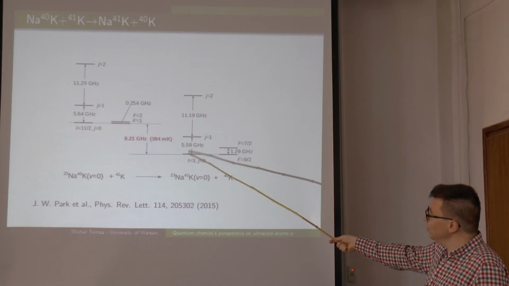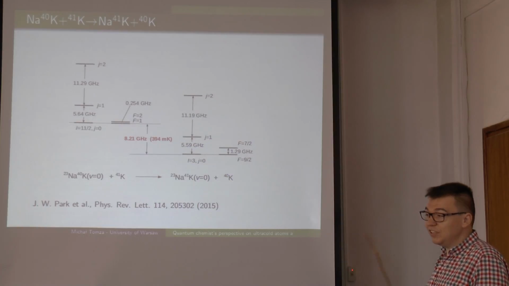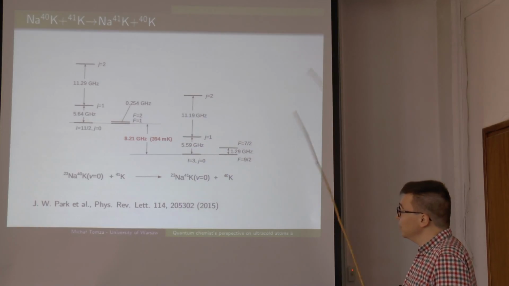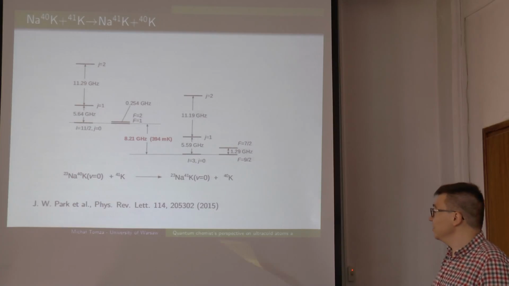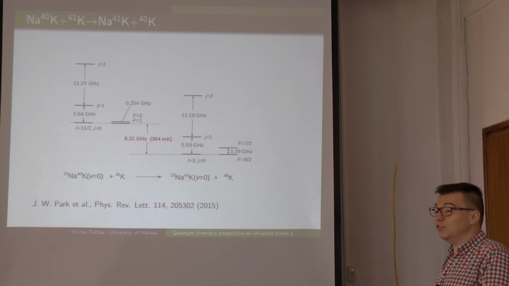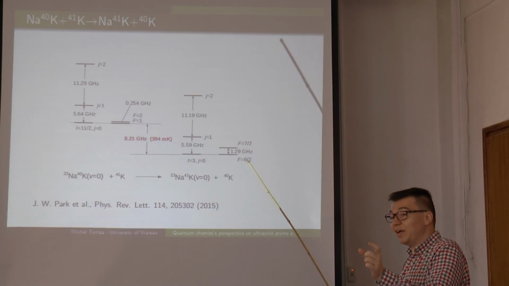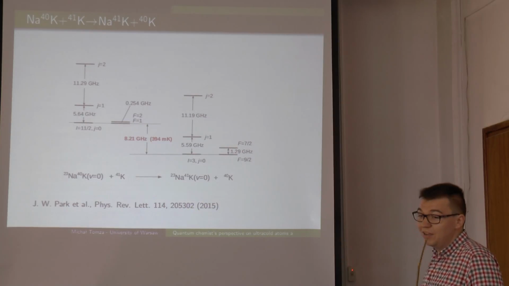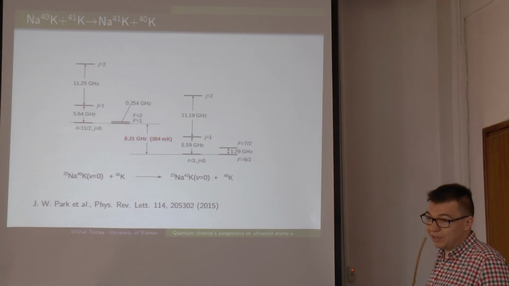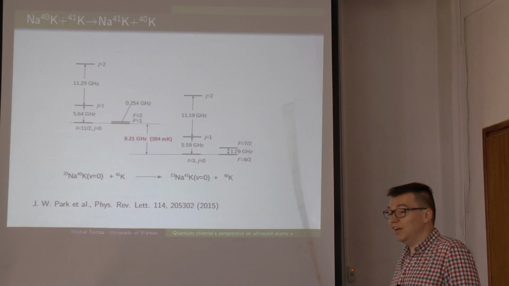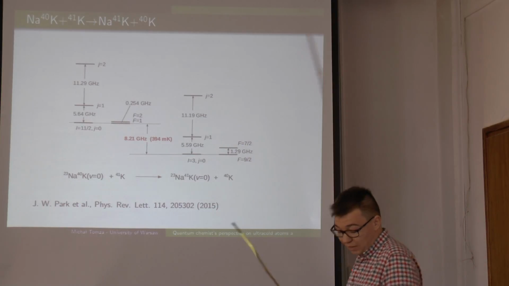So for example, this kind of isotope exchange reaction is already in progress at MIT in the Martin Zwierlein group. They are interested in realizing this kind of experiment. The other group working on this kind of system, where we have the isotope exchange but between a molecule and an atom, is the Doyle group, where they have strontium fluoride and they mix it with a different isotope of strontium.